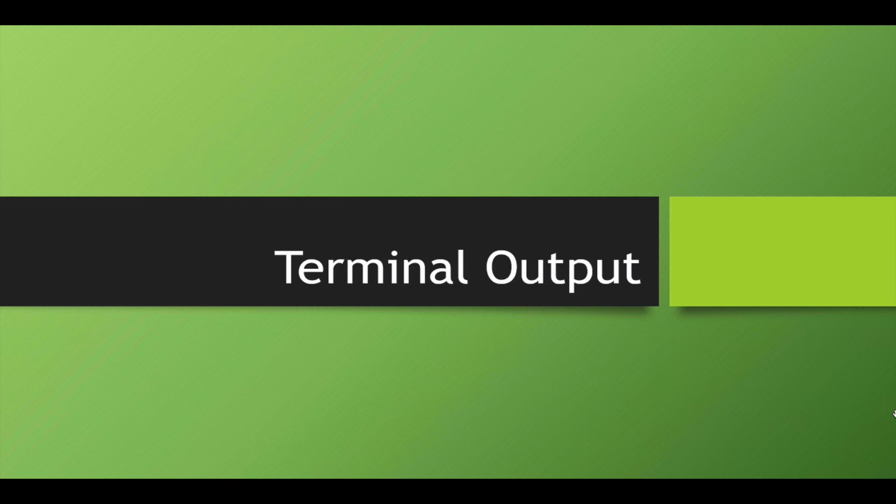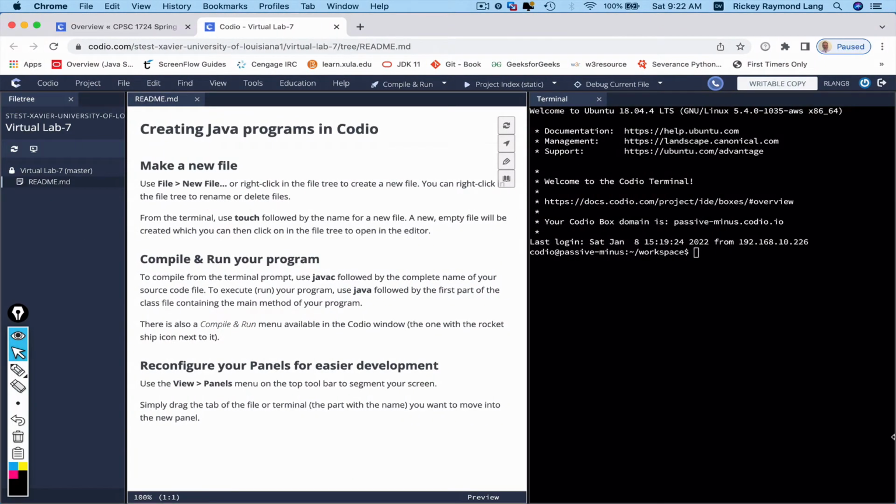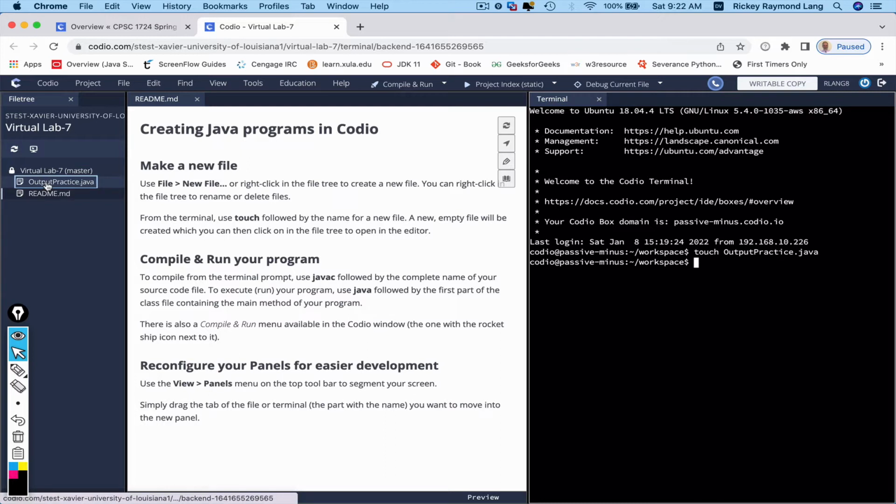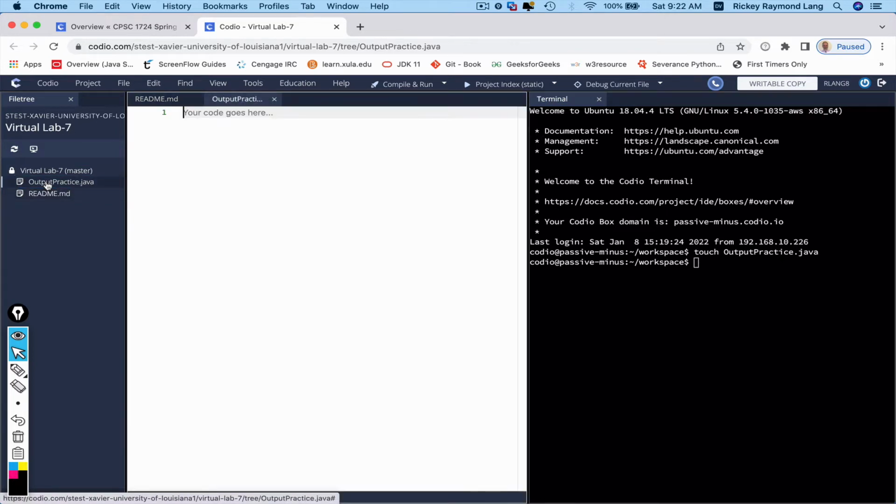Hello, in this video we're going to go over terminal output in Java. So I'm going to use the touch command from the terminal window to create a new file called OutputPractice.java. I will click on the file to open it in the editor